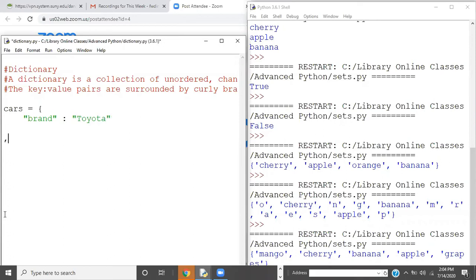And then you have a comma, because I'm going to have more items in my dictionary. Next one will be model. My next key, colon, and this model will be, say, Camry, comma,